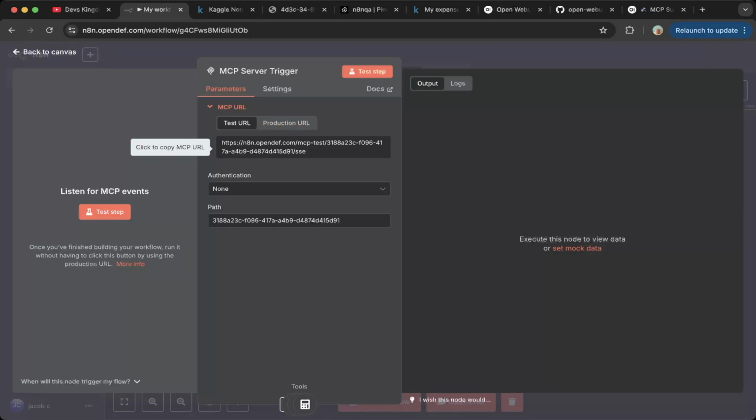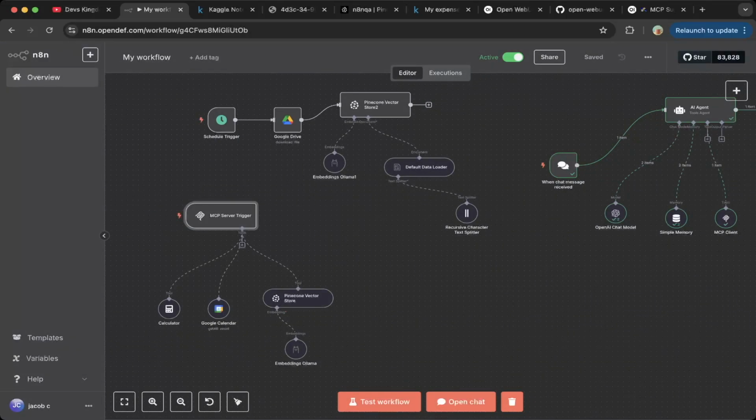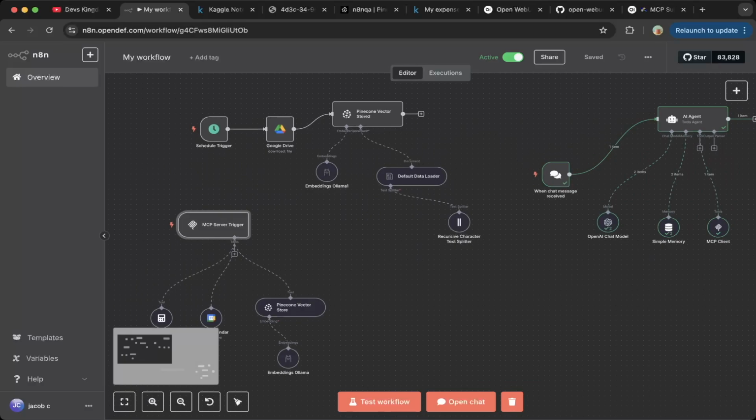You can use it for any other external client, but in this demo, we can just use the MCP client on the right side. You can see here. So basically, on the right side, it's a client. The left side is a server. So for the server setup, it's very straightforward, but for the client setup,